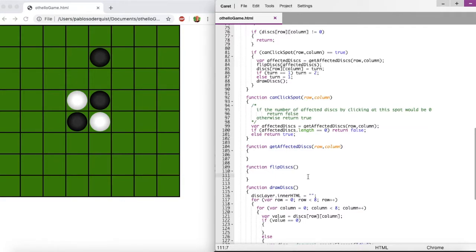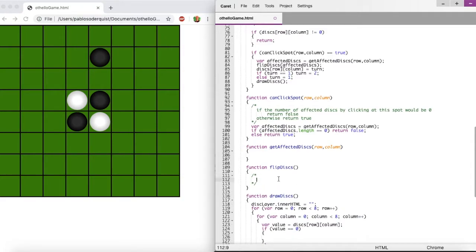Let's do the flipDisks function. This one's pretty easy. Let's write out the pseudocode. Oh, and one thing I forgot to do earlier, see how this function is being given a value, affected disks? This is the list of all of the disks that are going to be flipped. It needs to receive that value here inside of the function declaration. So I'll just say affected disks, and that's a list, of course, right? So let's just say for all items in the list called affected disks,